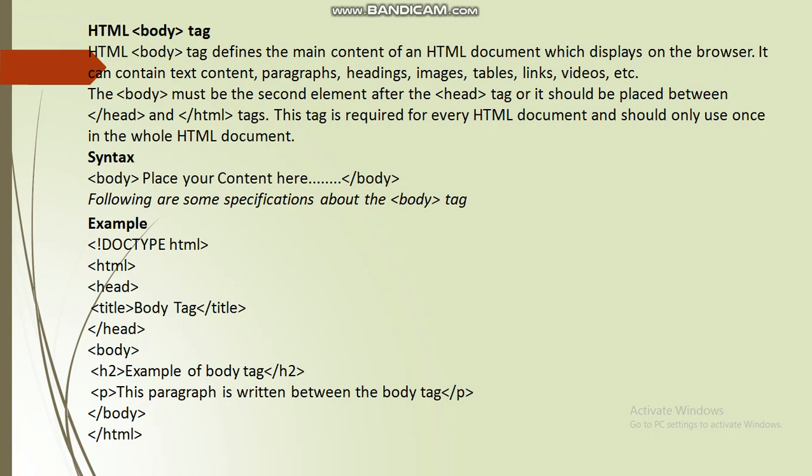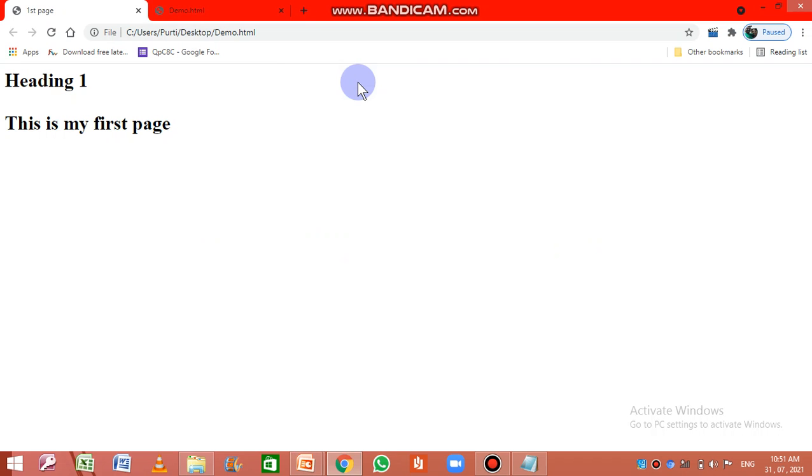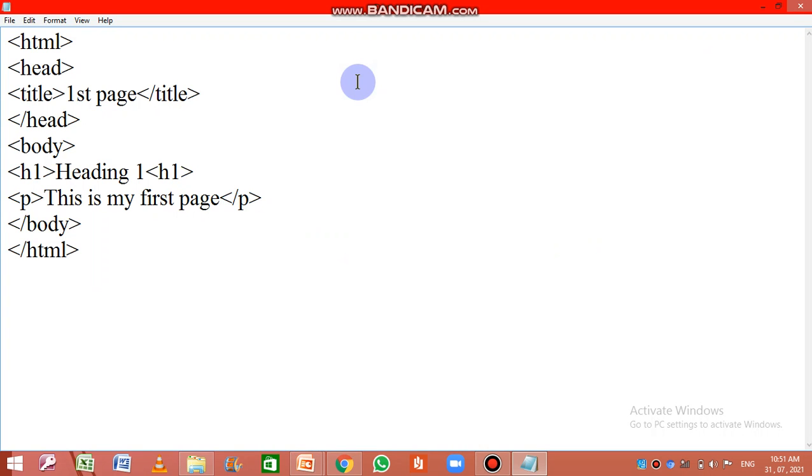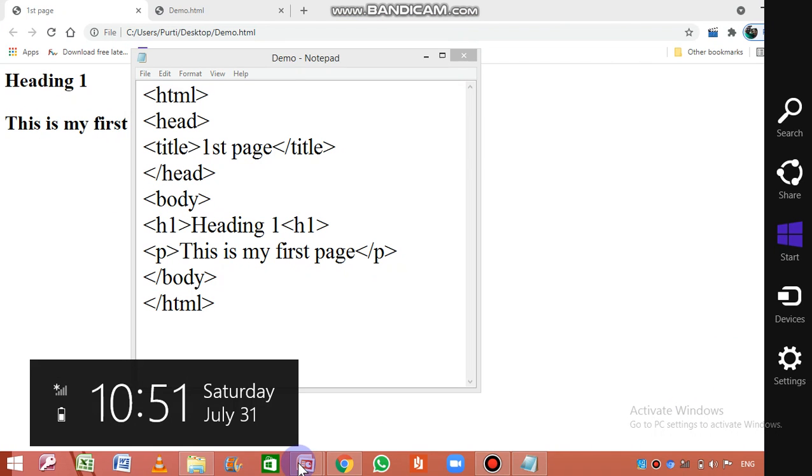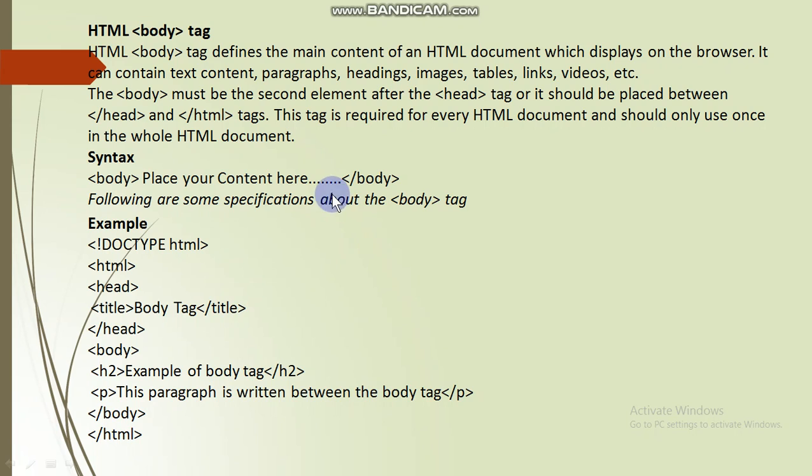The body must be the second element after the head. If you refer to this notepad, you might have noticed this body tag contains many contents, maybe paragraph, heading, image, table, links, video, etc. One thing you have to understand is that the body tag must be the second element after the head tag.